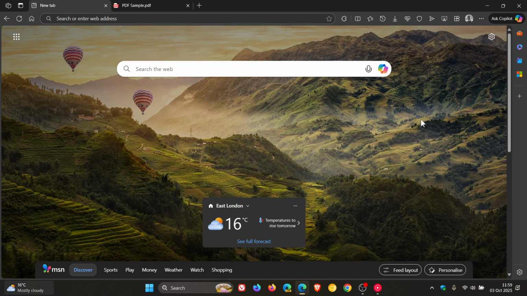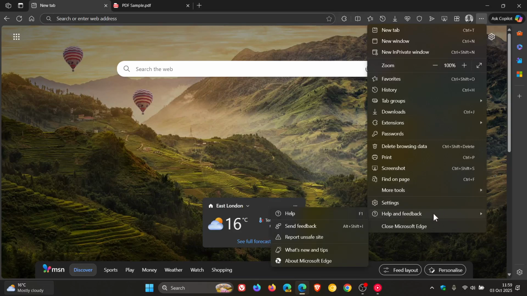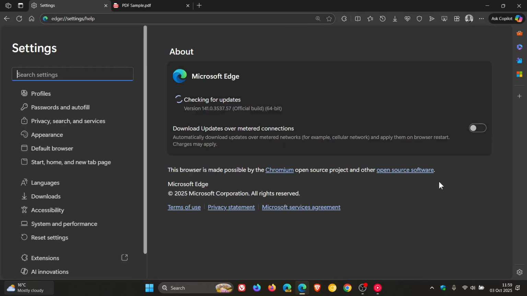So, Microsoft Edge version 141 has rolled out, and this is now the latest stable version. And after the update has been applied, the version in bold is sitting on 141.0.3537.57. Now, first of all, just to focus on the security fixes that have rolled out for the Chromium open